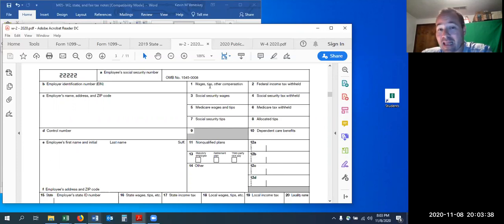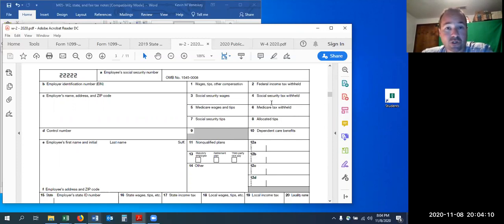So though it's not likely, because you're not going to have a lot of high income people, it is possible that all 3 could be different. It's very possible that box 1 would be different and then box 3 and 5 be the same. That's for those that have 401k but haven't hit the cap for Social Security. And then it's also quite possible that all boxes 1, 3, and 5 will all be the same, if you don't hit the Social Security cap and you don't have 401k or any type of retirement money withheld. So it could be any one of those options.